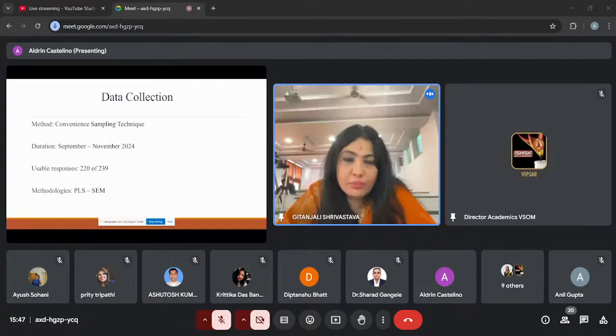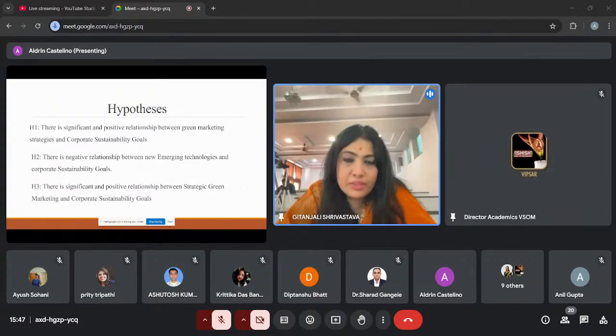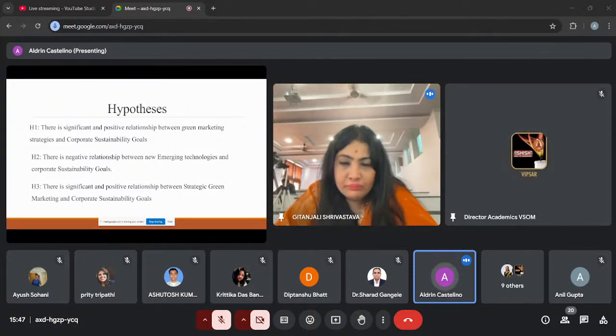What is your hypothesis result? Whether it is accepted or rejected, what is the output? It is accepted. However, in certain segments where we have seen the use of certain technologies, like using avatars, is not yet